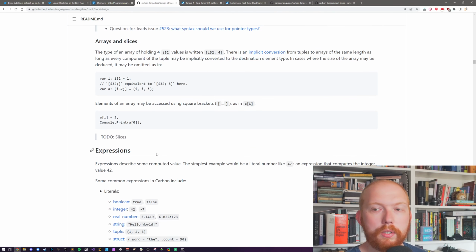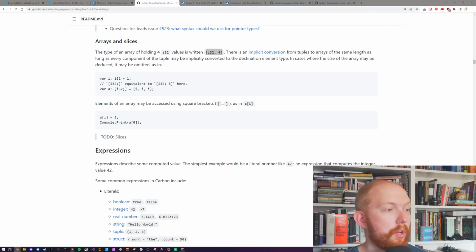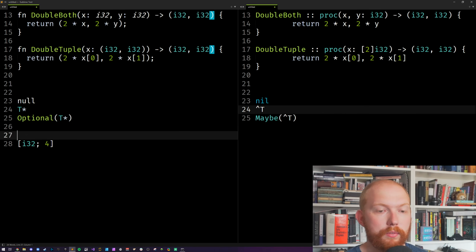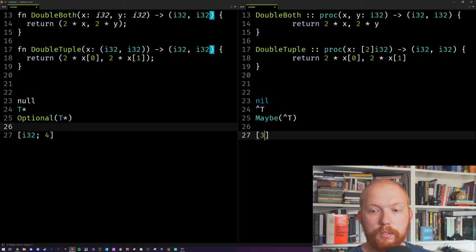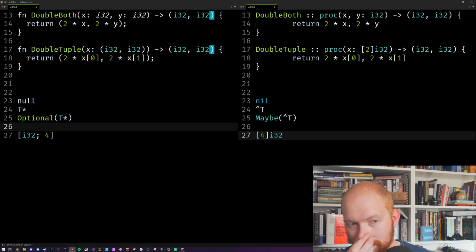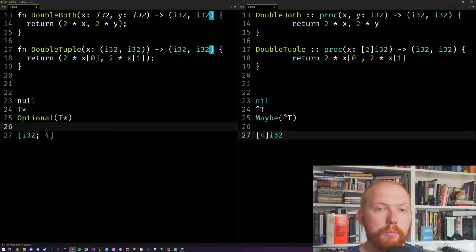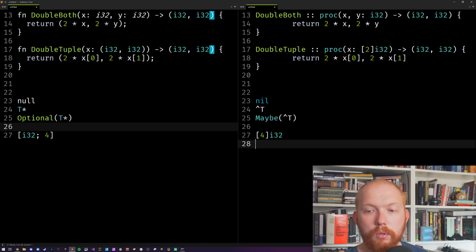It looks like that Carbon has completely wholesale copied the syntax for arrays from Rust. So this is Rust-like syntax for an array, and Odin's is that. So it's a very Pascalian approach to doing things, which is what Odin's trying to do. And Odin's got a very simple rule. It's like the type's on the left, the usage is on the right. So if you want to use this array, all you need to do is use it. Like, look, it's the same thing.